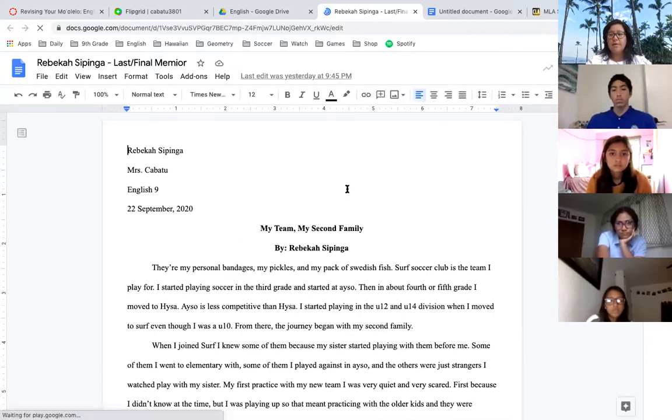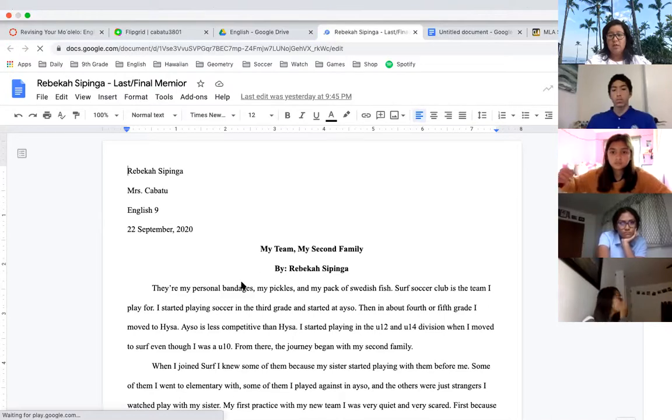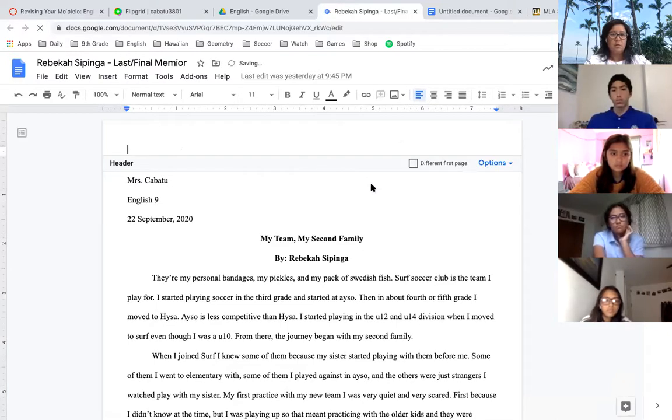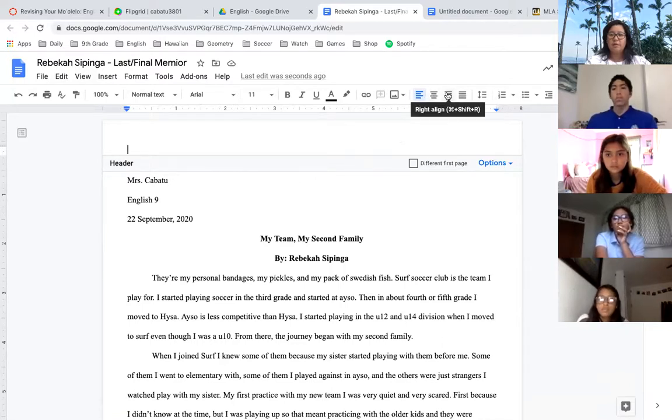Okay, so is this the one that you're changing? Can everybody see Becca's screen? Because I'm going to walk her through this. All right, so first of all, Becca, go to the top left where it says view. Okay, thank you. Now, at the top there's the alignment icon. Right now it's aligned to the left. We need to go to the right. There we go. Go ahead, type in your last name.